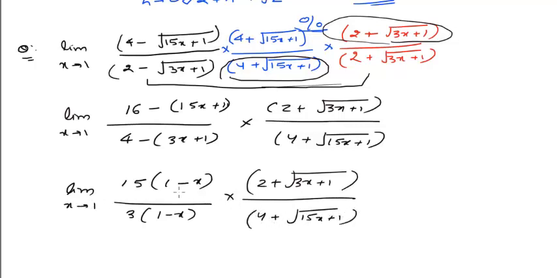Now limit x is tending to 1. So this quantity will also not be exactly 0 and this will also not be exactly 0. So we can directly cancel these out. 3 into 5 is 15, and finally substituting the value of limits, what do we get? We'll get 5 into, here if we substitute 1, 2 plus under root 2, that will be 2 again, 2 plus 2 will be 4. This will be 4 plus under root of 4, that will be 4 plus under root of 16, that will be 4 plus 4, that is 8. If we cancel this out, finally the answer that we'll get for this limit will be 5 by 2.